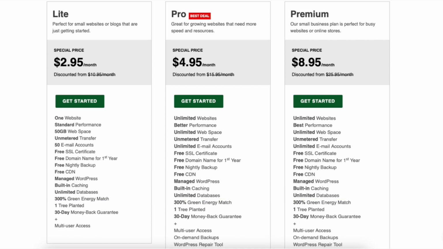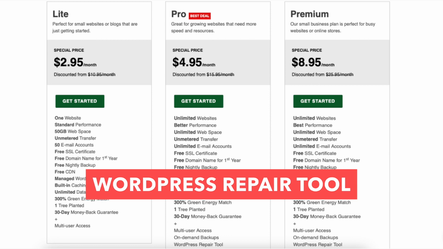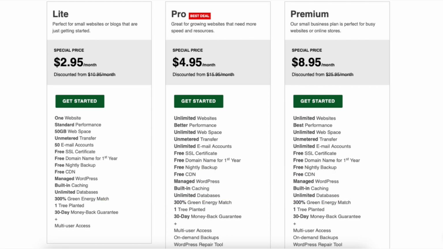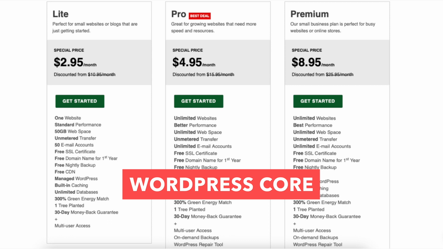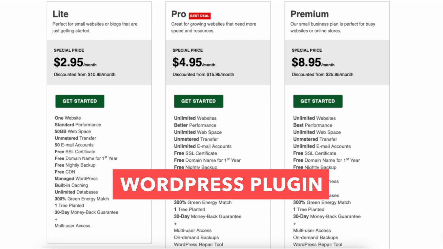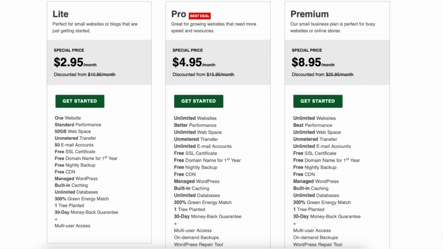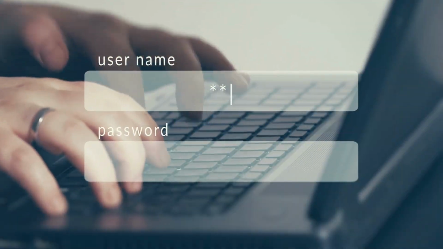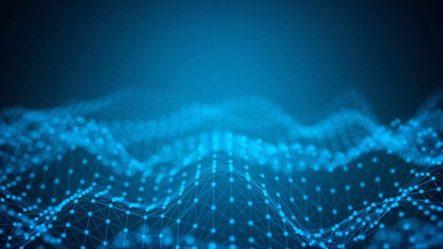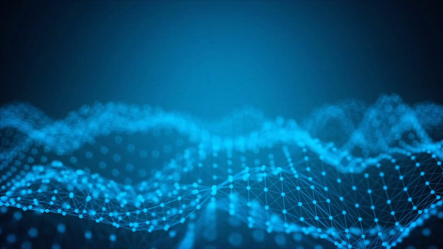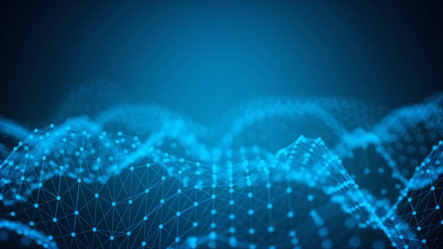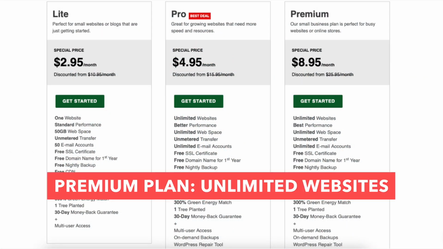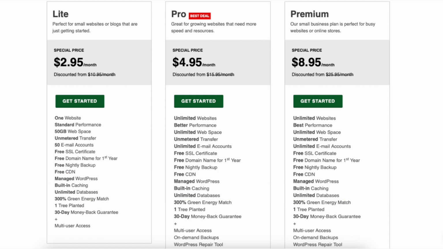The Pro plan also comes with on-demand backups and WordPress repair tool. The WordPress repair tool will secure your WordPress core files with clean, current versions. It will also provide software updates for WordPress core, WordPress theme, and WordPress plugins. WordPress repair tool will also optimize your WordPress database, reset WordPress administrator passwords, restore default configuration file and .htaccess values, and more. The Premium plan comes with unlimited websites like the Pro plan, along with all the same features